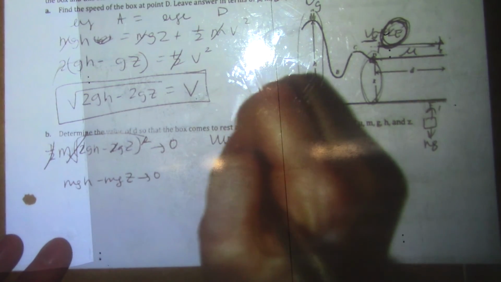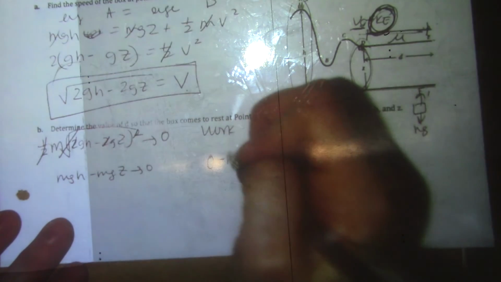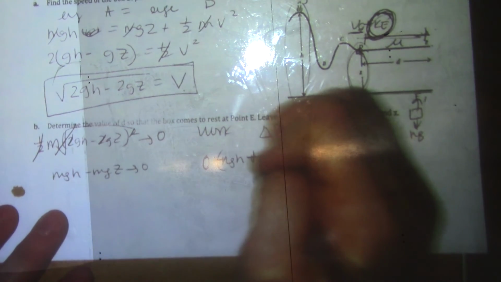The half cancels out the 2, and then we have mgh minus mgz. And that's going to 0, so when you do the change, you get 0 minus mgh plus mgz when you subtract, negative, negative. Technically this would be negative, so